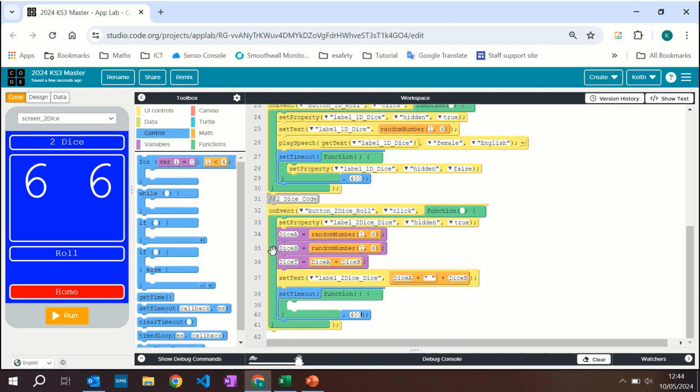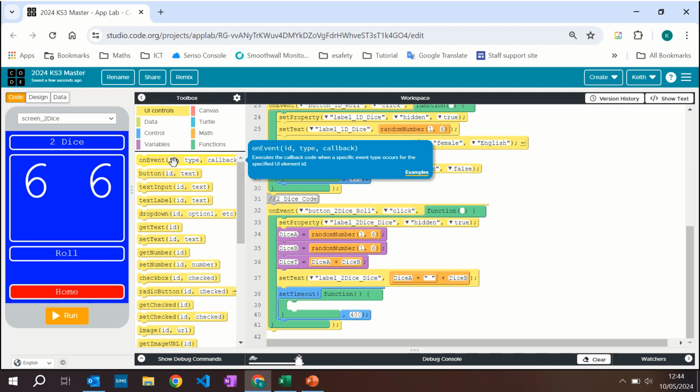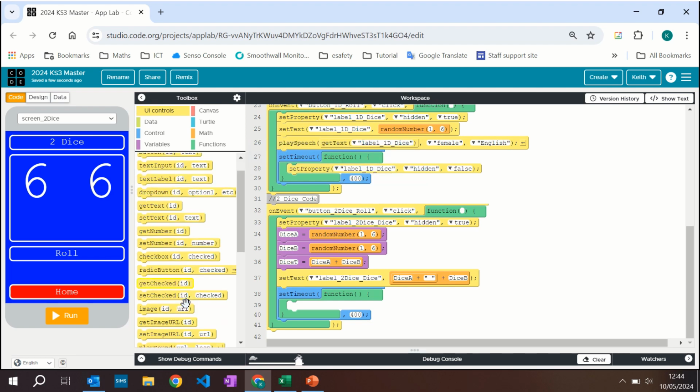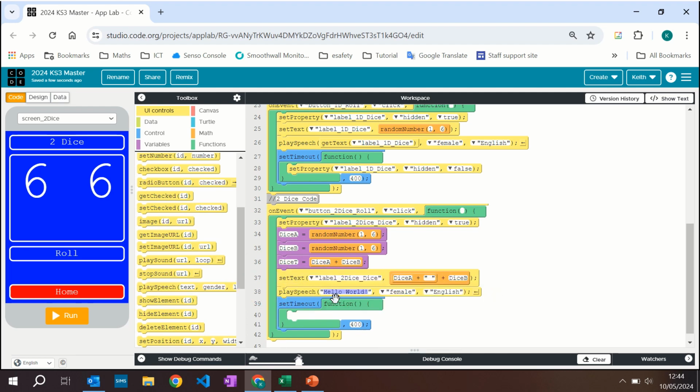Oh, we've got a play speech, haven't we? Oh, and set property. So there's two more things that are yellow. So let's come down here and play speech. We don't want it to say hello world, we want it to say these two added together. So we're going to put dice T,